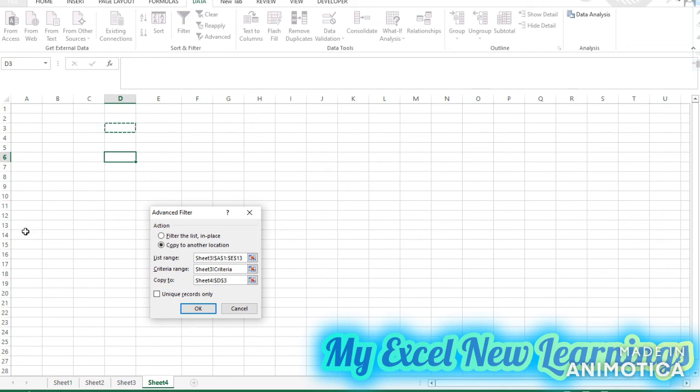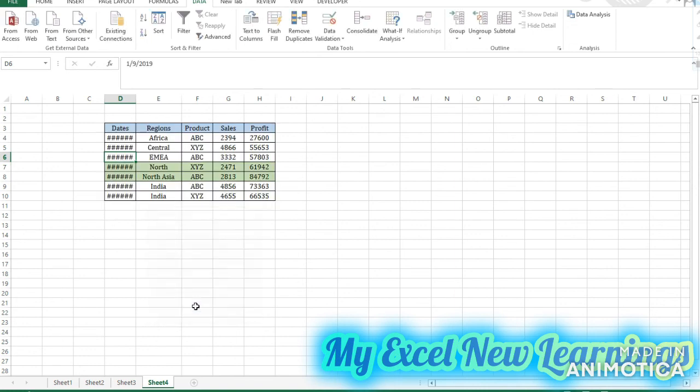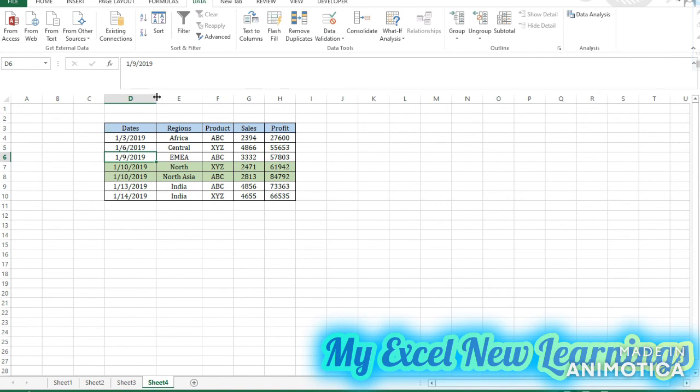So I will click anywhere in the sheet 4, then I will click OK. So advanced filter has sorted out the data as per sales greater than 2000, and it has pasted to the sheet 4. This is how you can use the advanced filter options with your multiple criterias.